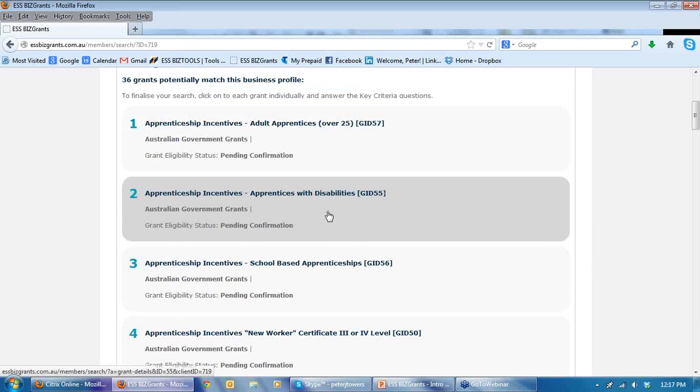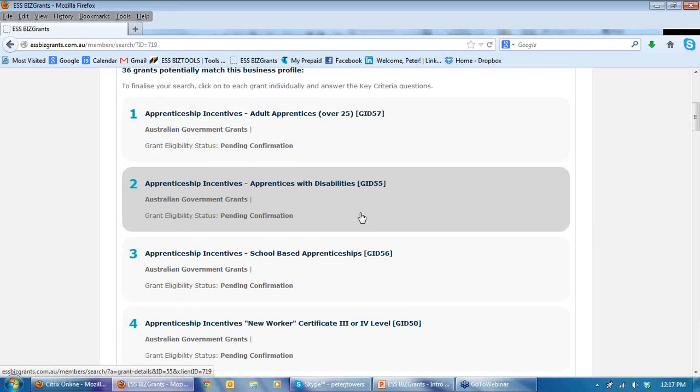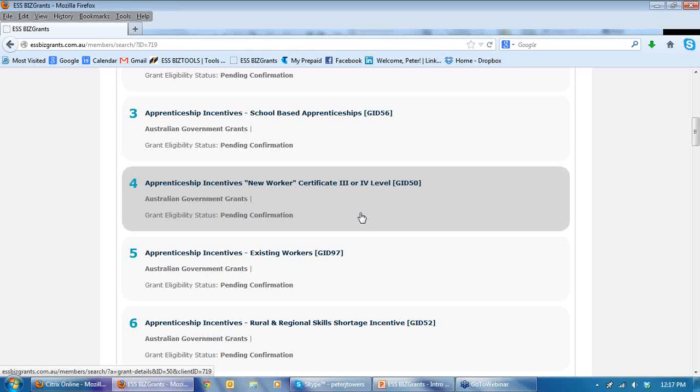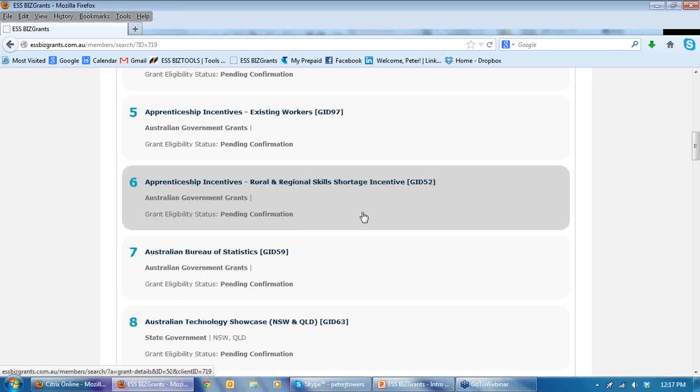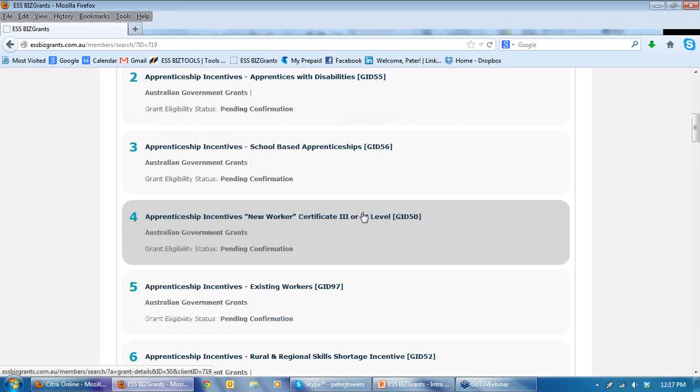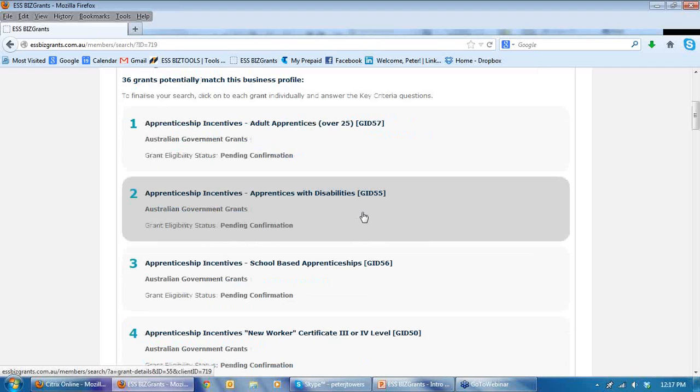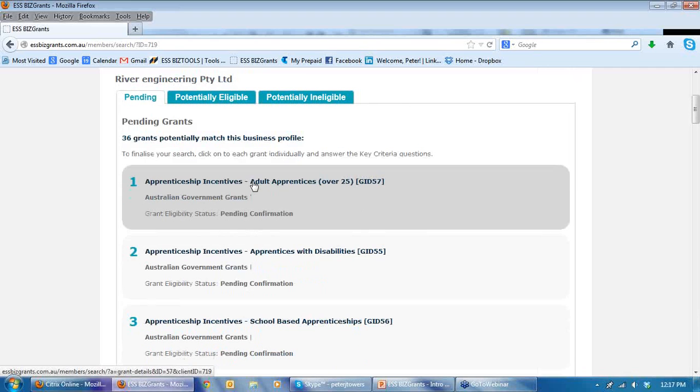Now, there's quite a number of apprenticeship grants. There are 9 different apprenticeship grants in Australia, and this one is disclosed there's 7 of them. If your client was interested, when you look at this and you say, well, he might be interested or she might be interested in an adult apprenticeship,